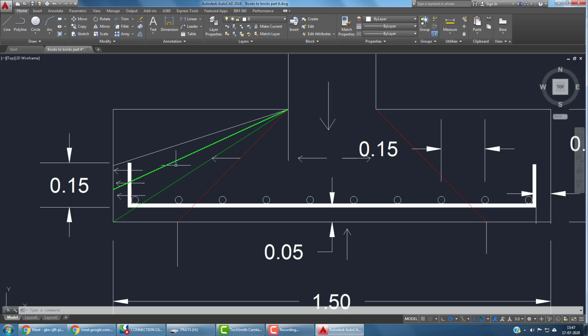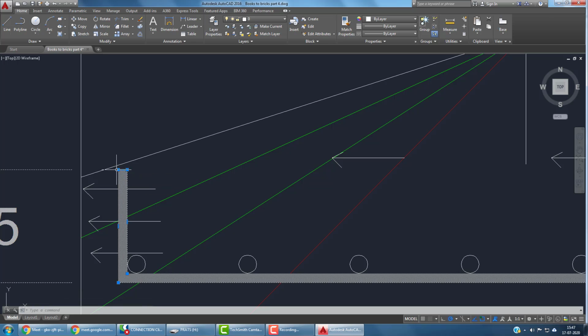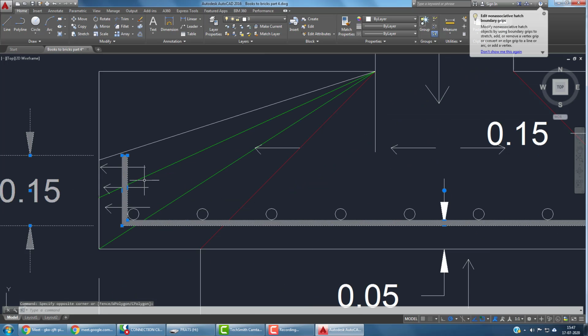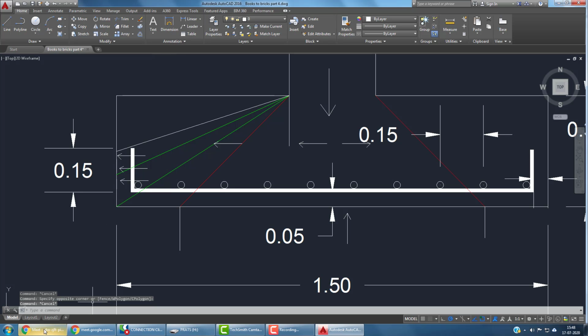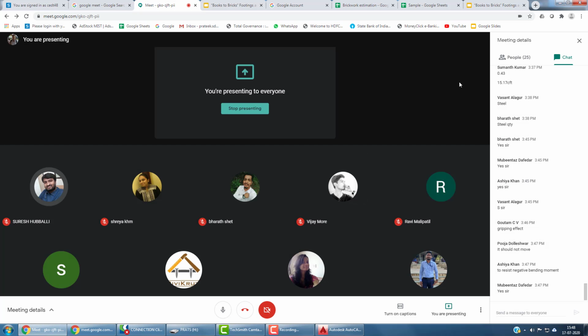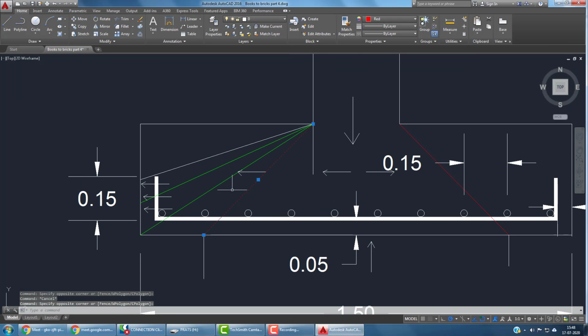So in this case, concrete being weak in tension, it will exert some pressure at the edges. If this reinforcement is not provided, there is a chance of cracking in this direction due to tension, since concrete is weak in tension. So if I provide this reinforcement, it will hold the concrete in this zone together, correct? And you will be able to see that the pressure at the red line will not be the same here. As we move towards the top end of the footing edge, this pressure will reduce.